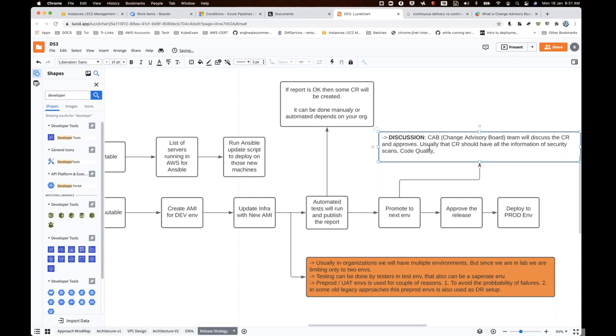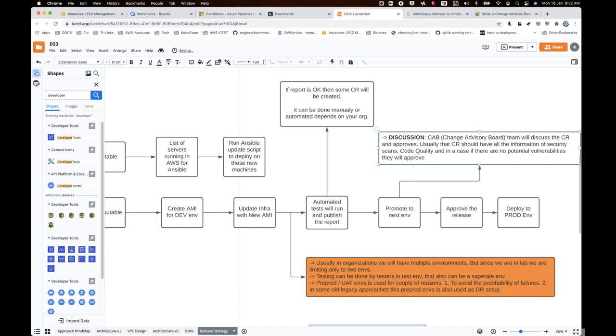So then code quality related things, and in a case, if there are no potential vulnerabilities, then they will approve.